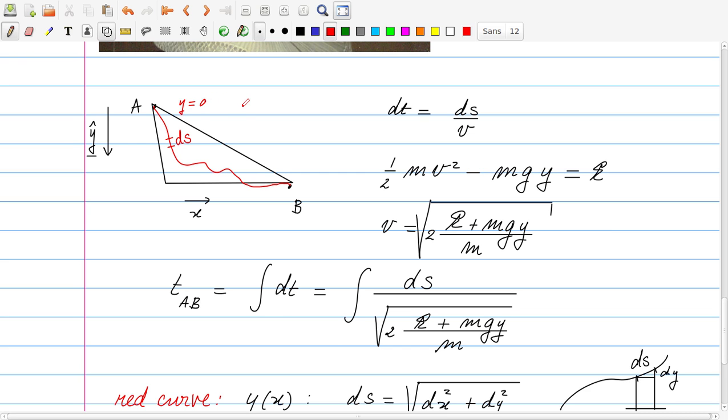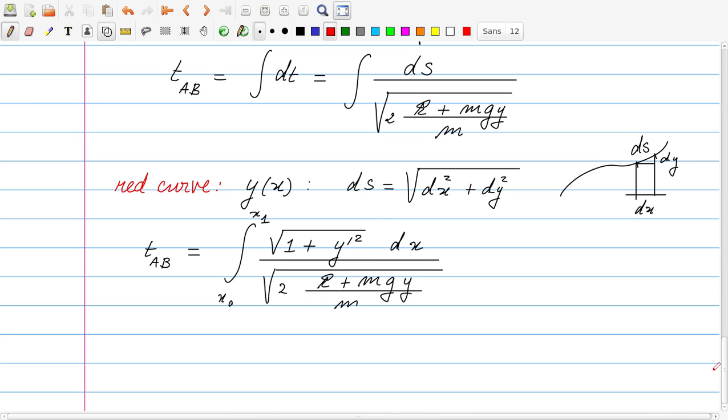and we also assume then, in our choice of the potential mgy, together with the fact that the particle is released with 0 velocity, so v is 0, we see that in point A, in the starting point, the energy is 0. So if y is 0 at the starting point, the total energy is 0. And so we can leave out the energy from this. So if we do that,